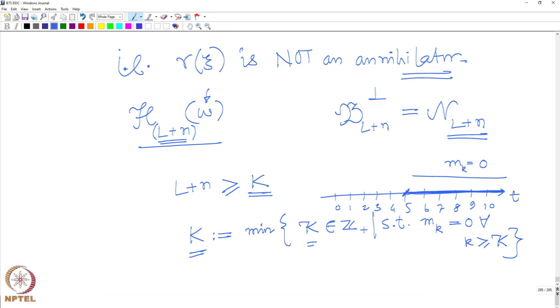What are these kappas? So kappas are all these numbers. This can be a kappa, this can be kappa, this can be kappa, because kappa says that beyond this the Mk numbers are 0. So among those kappas, the minimum one that I am taking, that is my capital K. So that is the saturation point. I claim that this is always true. Yeah, why is that so? Notice,